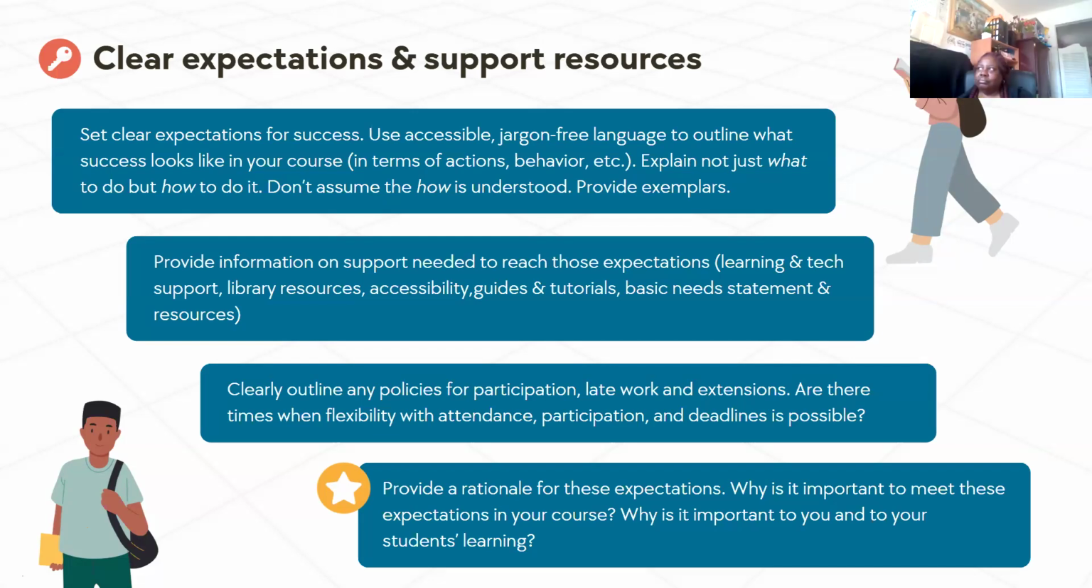So for example, the first one, and I won't read through these word for word, but setting clear expectations for students. As Lynette mentioned, using accessible language to outline what success looks like in your course. Many of us already have guidelines for student success in our syllabus. You could expand that in a variety of ways by explaining not just what to do, but how to do it. Many of us and many of you, I'm sure, provide exemplars, but other ways you could add other examples